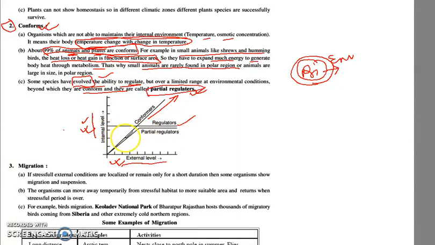Means within this particular area, the organism has a fixed body temperature. As a result, whatever the environment is changing, the body is always constant, and they are called regulators. And below regulators, there are certain partial regulators which evolved as part of regulators, in some organisms but not all. Got it?